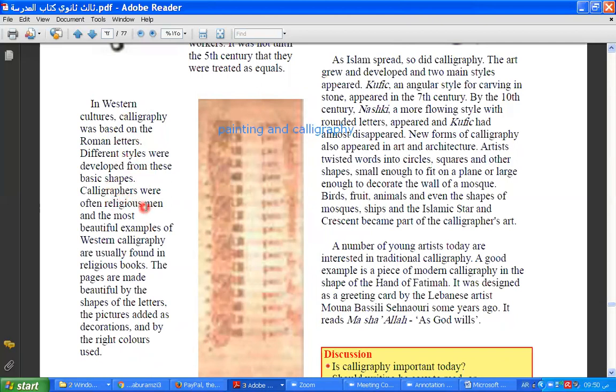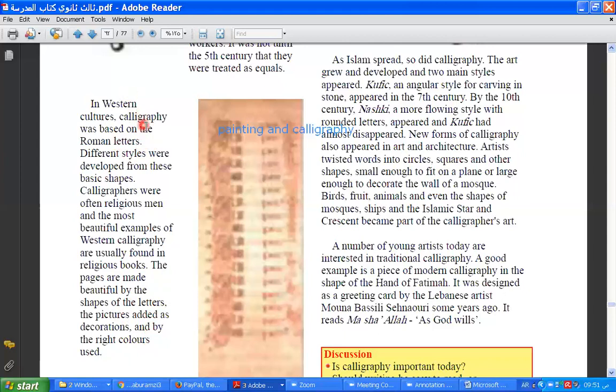Calligraphers were often religious men, and the most beautiful examples of Western calligraphy are usually found in religious books. Pages are made beautiful by the shapes of the letters, by pictures added as decorations, and by the right colors used. Nice. Thank you very much. So here we talk about